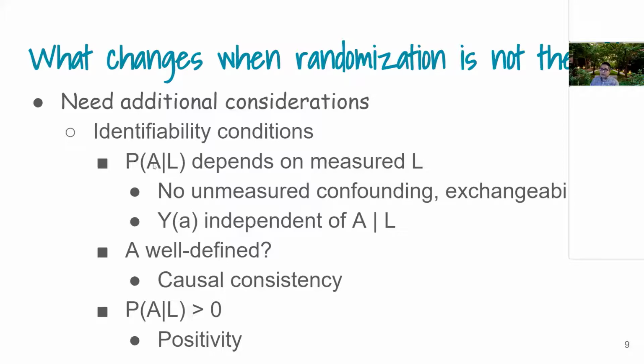And this will require you to have access to all of these L variables. Because if you do not have access to this L variable, you cannot really condition properly to get the proper estimate of this conditional probability. So this assumption is usually known as the no unmeasured confounding or exchangeability assumption, where you are basically saying that if you control for L, say for example, in my example, if I was randomizing with respect to male first and then I was randomizing with respect to female first, then within the male group, my potential outcome and A would be independent,